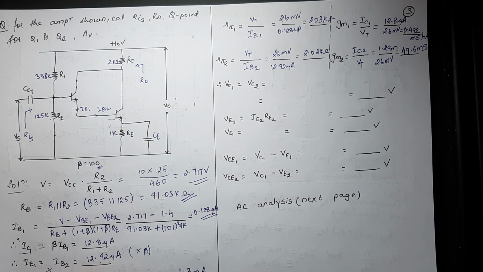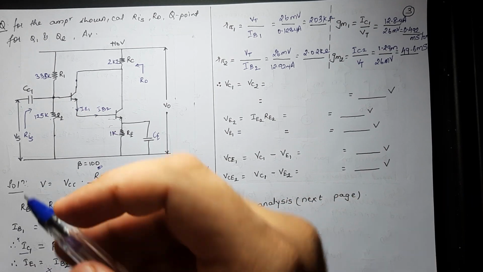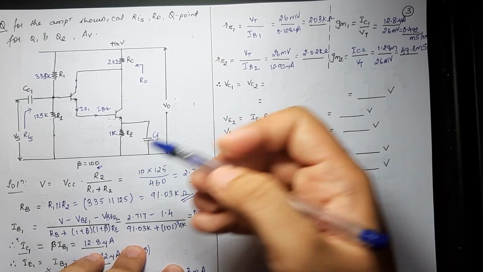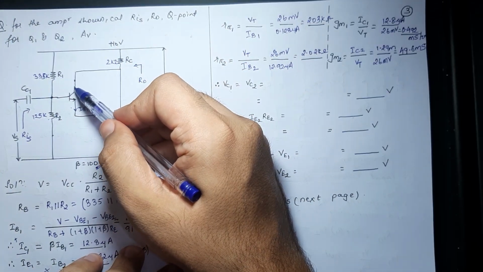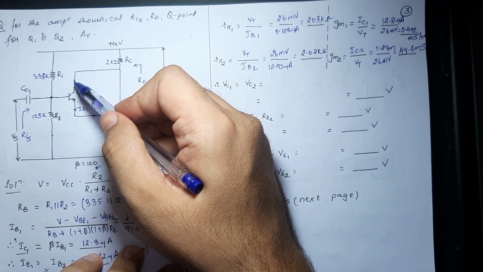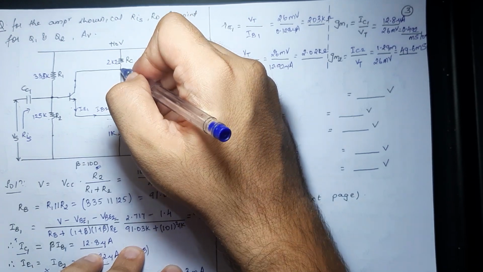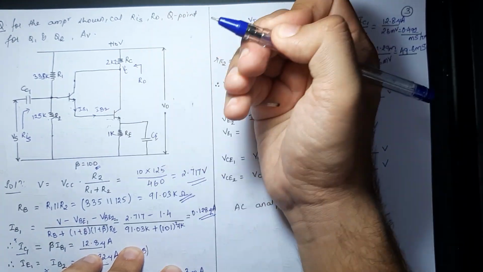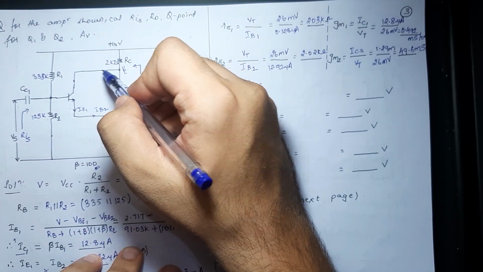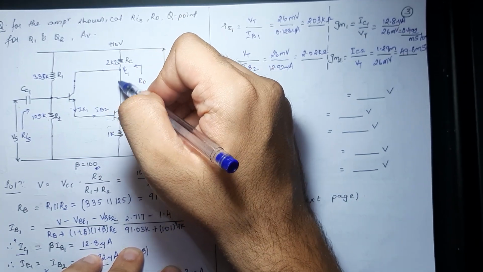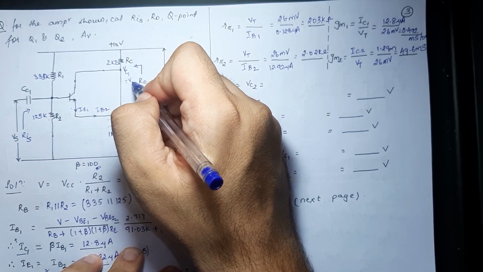If you are told to find out the Q point, that means you will have to find out VCE1 and VCE2 values. So yes, let's start with this. First of all, we will be needing VC1. Now what is VC1 equal to? VC2. Let's see. This is the collector current coming from the first transistor, and this is the collector current coming from the second transistor. This point is known as VC in general. If I consider this point coming from here, it is known as VC1, but since this point is common to both this connection and this connection, VC1 is equal to VC2.